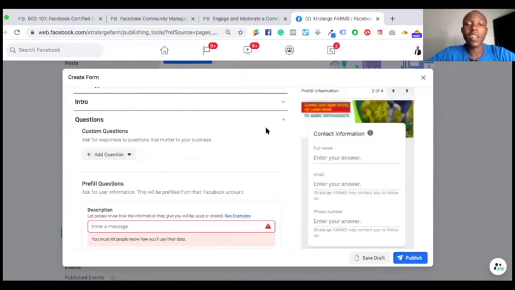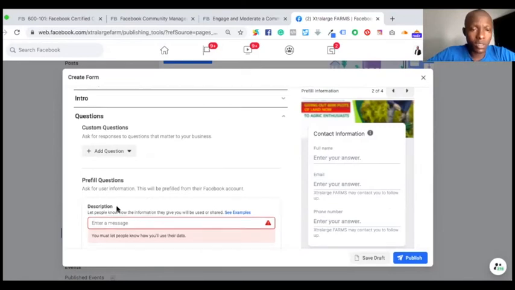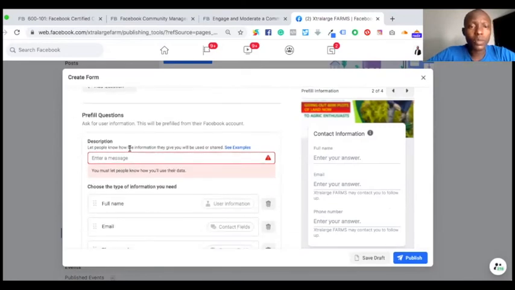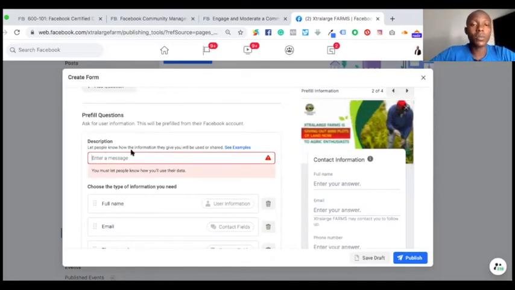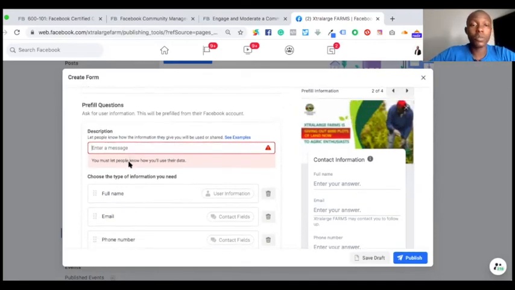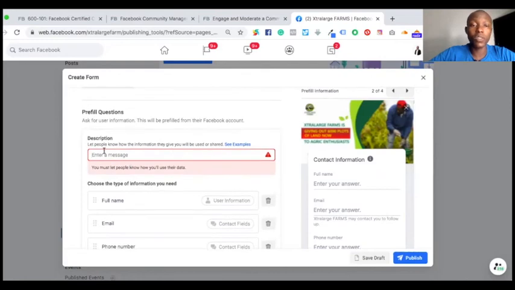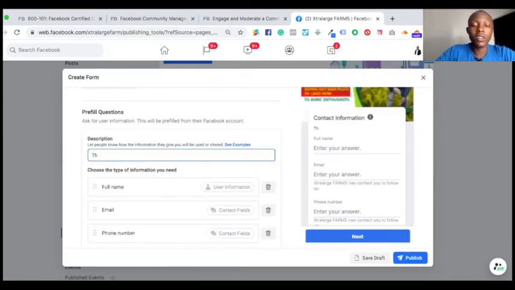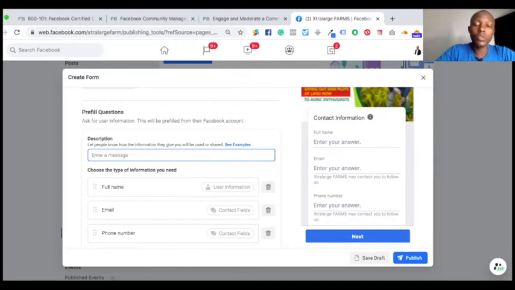And that is how to also add a message or description. Let people know how the information they give will be used. Look at this now. This is part of the question that people need to know. We are talking about privacy now. Let people know how the information they give you will be used. You can go ahead and say the information collected, or just say your information is going to be used